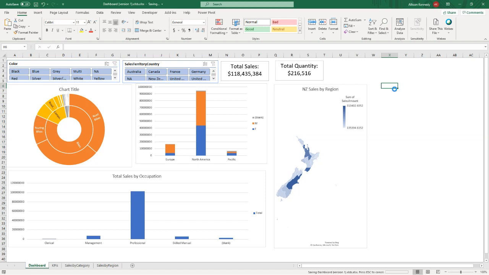All right, I've got a question about how do you decide to make a dashboard here in Excel or to create it in Power BI? And this is a really good question. So